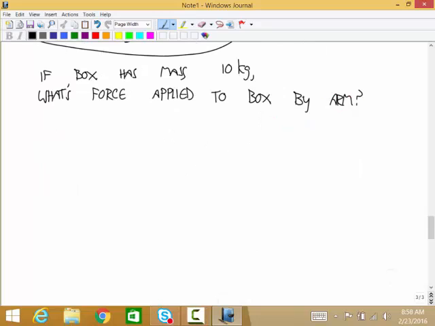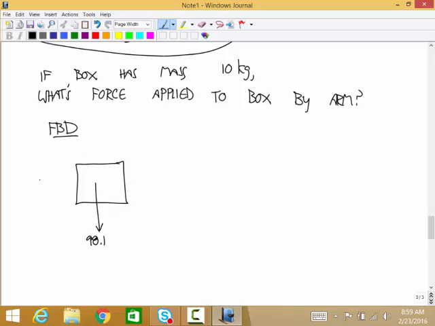So we have to break this problem. Everyone did great on this. You have to break this problem into an acceleration part. That's the kinematics of circular motion. And the force part, the left side of Newton's second law. The force part comes from the free body diagram. And so there's the box. Apply the field forces. That's just the weight. So the weight, it has a mass of 10 kilograms, so this is 9.81 times 10. You can write that as 10g, or do the multiplication, and you get 98.1.